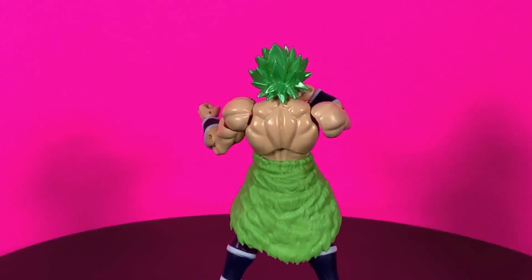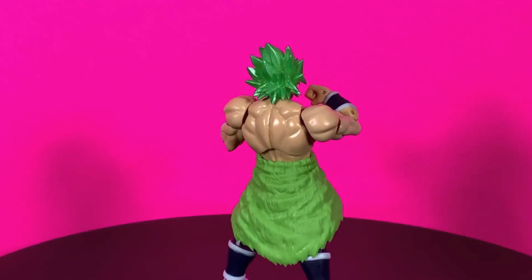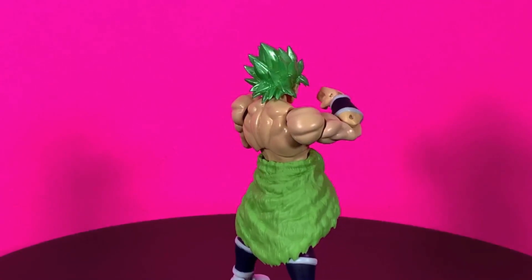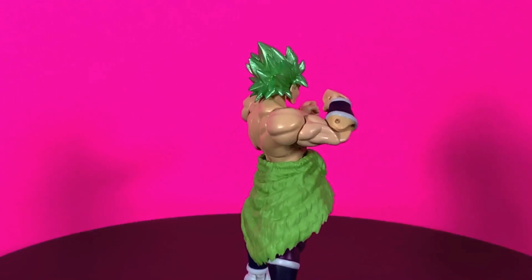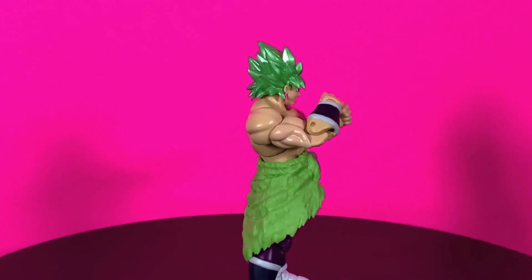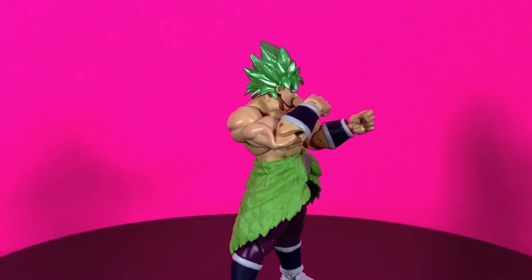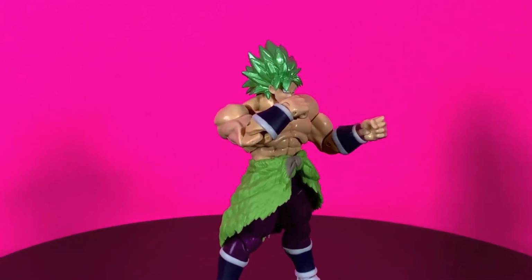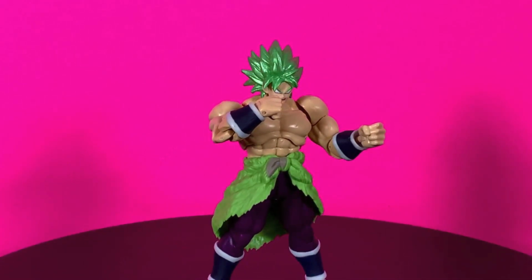This is the only one I saw, I believe. Yeah, it was at a local comic shop, so I picked it up. I don't know if they're exclusive anywhere. It might be exclusive to Walmart. And you know how those go, sometimes comic shops are able to get stock of stuff like that as well. But I actually don't know for sure, so don't quote me on that. If you guys have seen these elsewhere, let me know where. But I do know they have been found at Walmart thus far, and again, I just found it at my